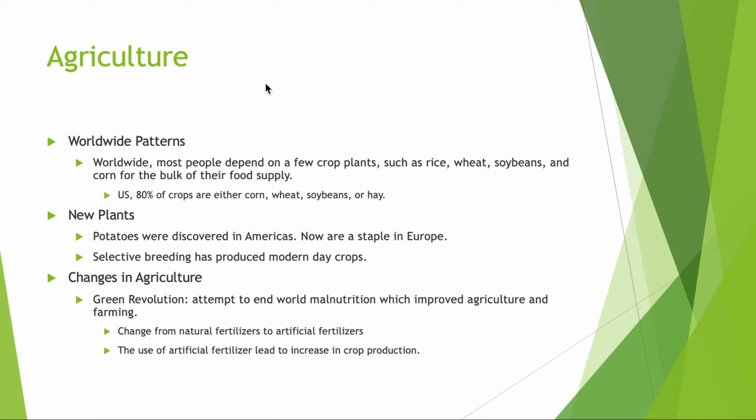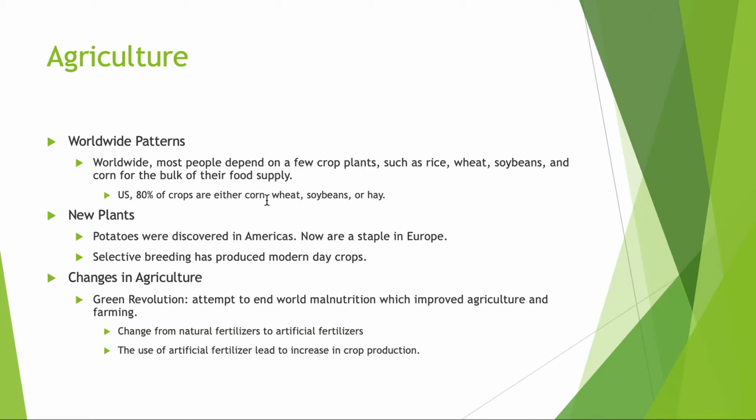And let's first take a look at what agriculture is. Pretty much, this is the business side of plants. It is the production of crops in order to sell and eat. So we want to take a look at worldwide patterns here. And really, the bulk of those come from just a couple of crops being rice, wheat, soybeans, and corn. And of that, 80% of the United States makes their crops or their agriculture based on corn, wheat, soybeans,